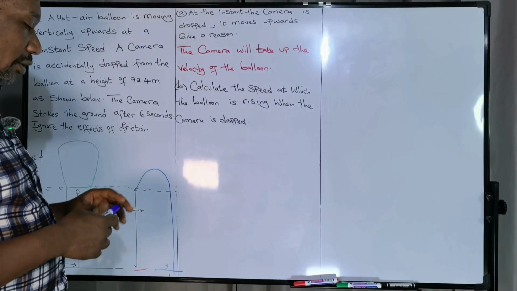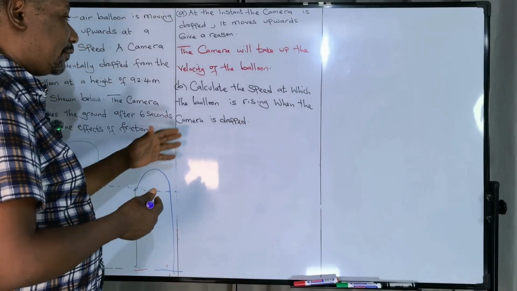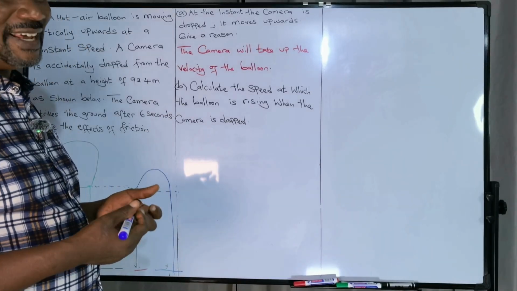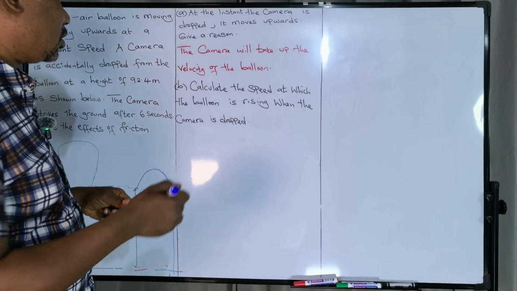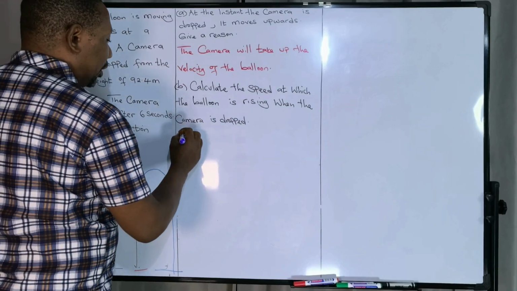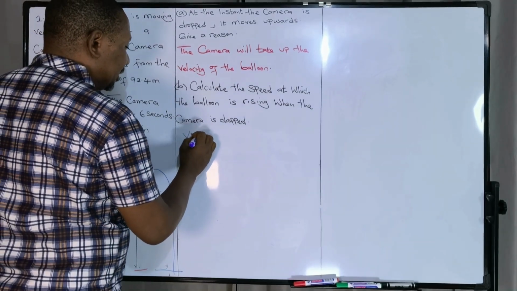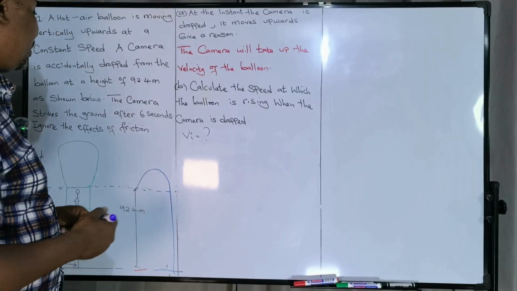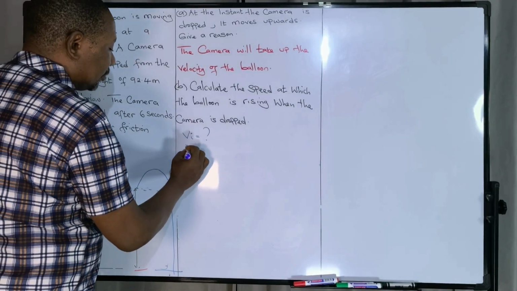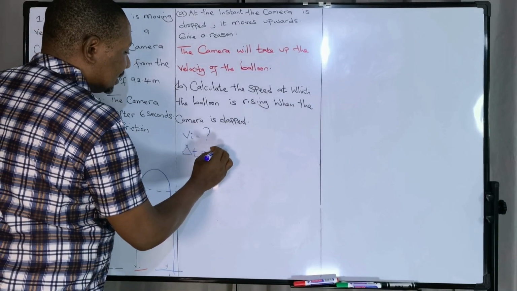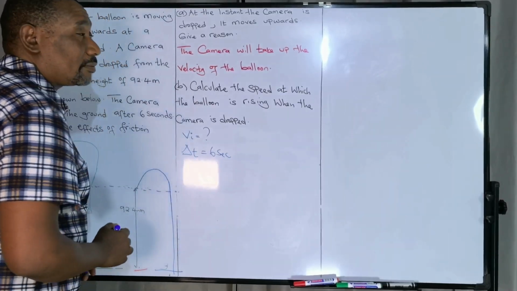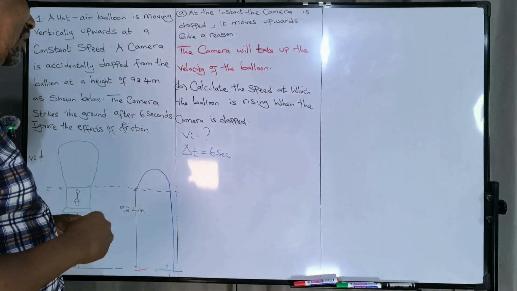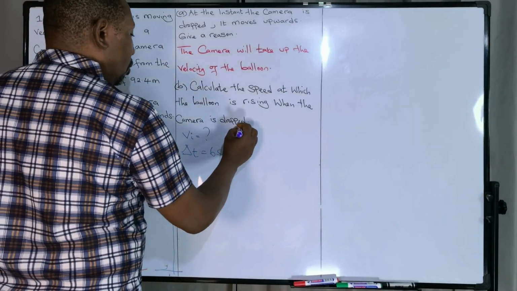So let us look at what we have. From here, we look at the data, the information. So what do we have? We are looking for VI, the initial velocity. We don't know it. But we know time, it was given. Time is 6 seconds. Okay. So what else do we know? We know